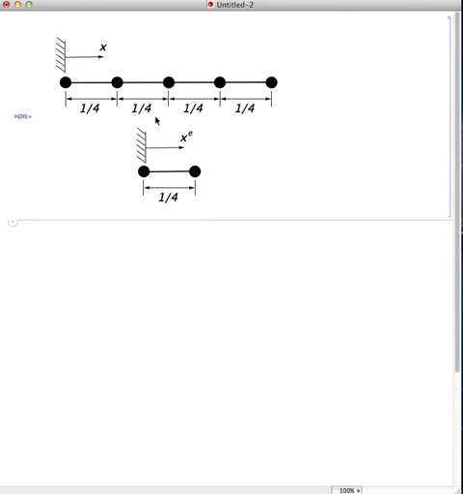So again, the domain of the problem is from x equals 0 to x equals 1, four equally spaced elements. If I break out a single element, then define its own element coordinate system, xe, that goes from 0 to 1/4. The first thing we need to do is develop the shape functions for an element so that we can develop the stiffness matrix. So for a single element, linear interpolation: 1, x,